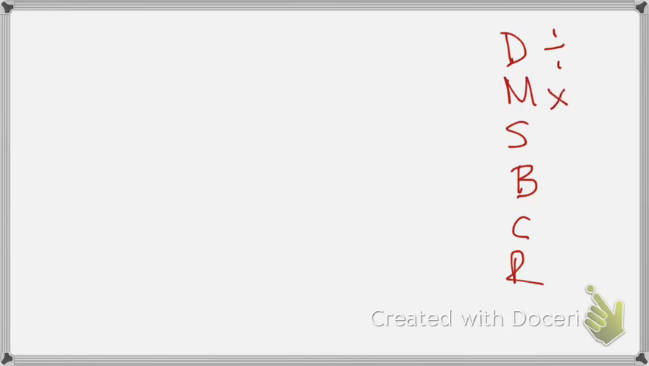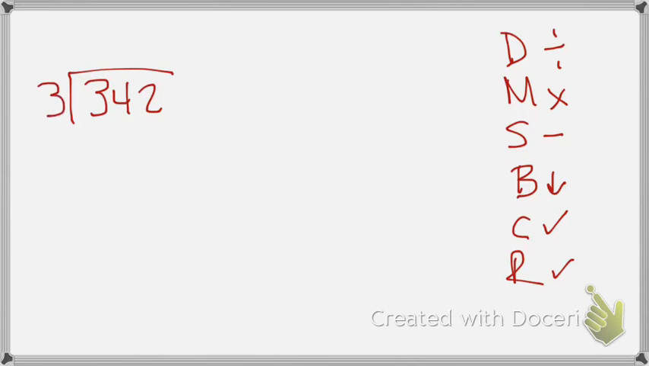All right, so now we're going to look at 3-digit divided by 1-digit. We're still going to be using dad, mom, sister, brother, cousin, Rover. That's divide, multiply, subtract, bring down, check for a remainder. We're going to start with 342 divided by 3, and I'm also going to do it using our partial quotients